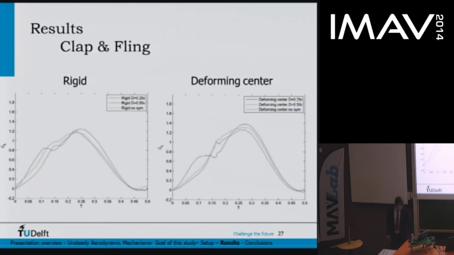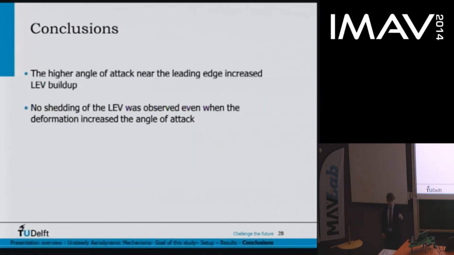Now then, conclusions. When we have a deformation cause a higher angle of attack near the leading edge, this results in faster leading edge vortex buildup, and with this faster buildup of the lift coefficient. We didn't see any shedding of the leading edge vortex, which is very important. So in fact, increasing the angle of attack creates a strong leading edge vortex, but no shedding, so that's only